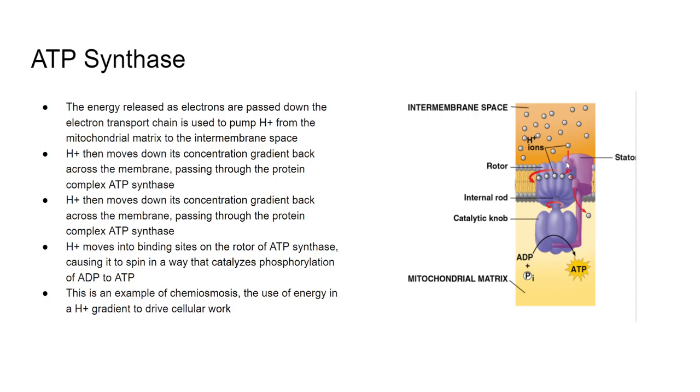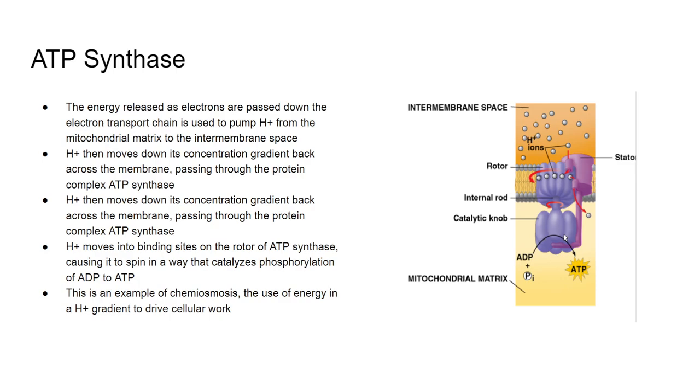So what does that create? Well, we talked about the electrochemical gradient last time, or if you know about the electrochemical gradient, we have essentially created a more positive gradient, right? We have a surplus of H plus ions outside of the cell than we do inside of the cell. So there's a more positive gradient and there's a more negative gradient, and opposites attract. So essentially, these H plus ions are going to be attracted to the negative charge, which is found inside the mitochondrial matrix, and they're going to go through this gigantic enzyme